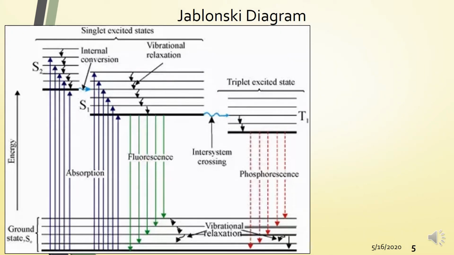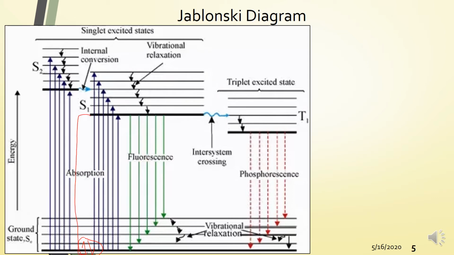This figure shows you the Jablonski diagram, which illustrates the different energy levels that electrons go through during the whole process of excitation and relaxation. So excitation pertains to the transitioning of electrons from a lower energy level, such as the ground state, to a higher energy level. As we mentioned last time, an electron coming from the ground state here would be able to go to the next energy level, say up to here,